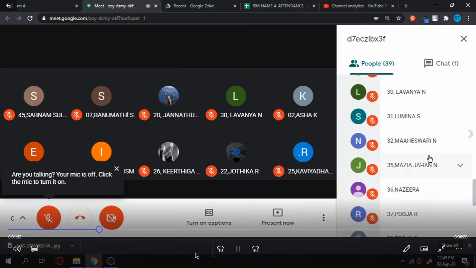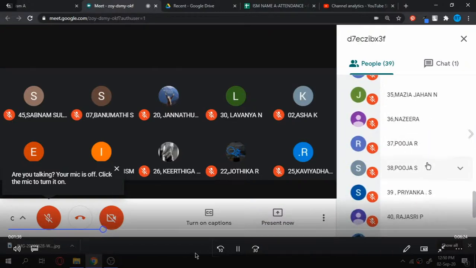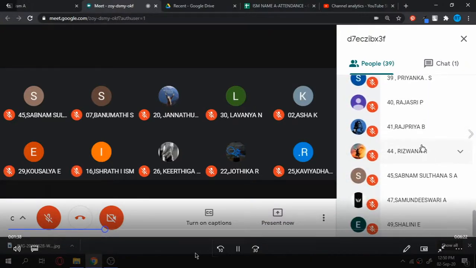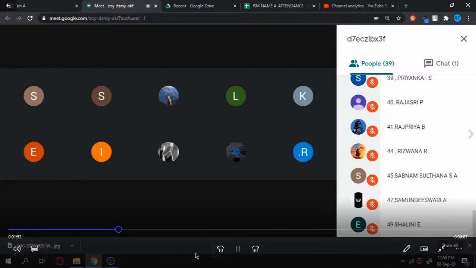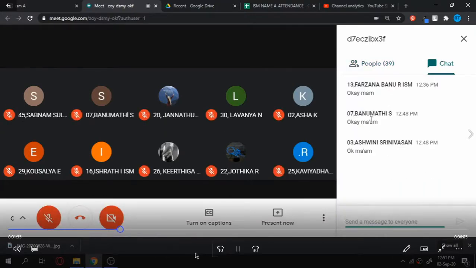Okay, so now I am going to the meeting. Here you can see 30, after 31, 30 okay, and after 41, 42, 43 are absent. I can check that, and manually just note it on a paper. After this, 45, 46 is absent, and then after 47, 48 is missing. So when the students log in with names in this order, we are able to find out the order of the students.